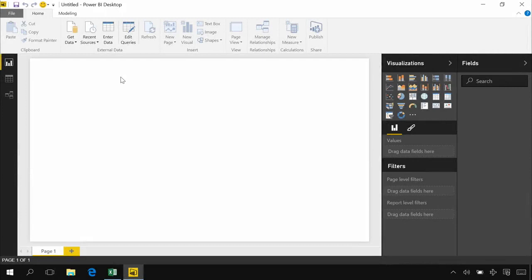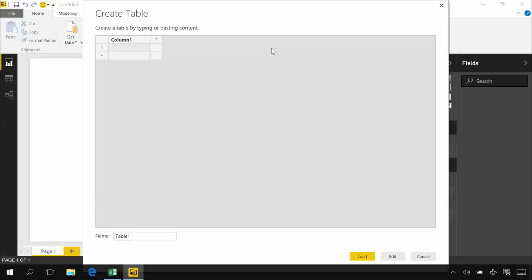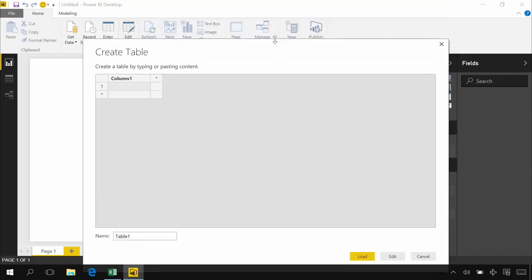Enter Data is a feature that allows users in Power BI Desktop to create new tables by either typing a table manually or by pasting in table contents from their clipboard. This feature can be accessed from the Home tab in the ribbon. When you click Enter Data, we're going to show you a new dialog called Create Table that will basically allow